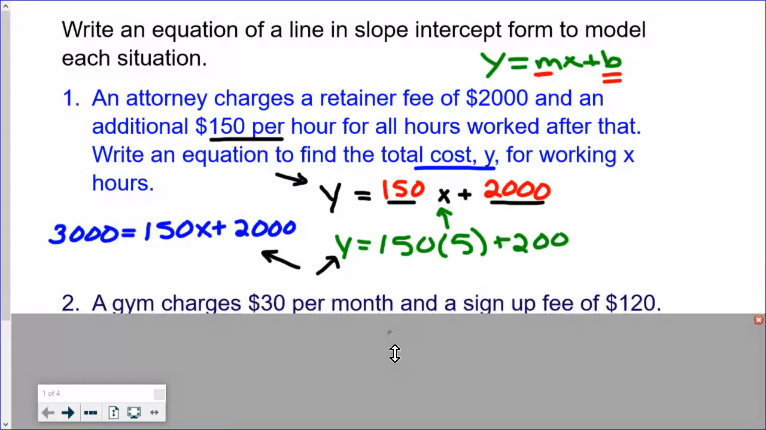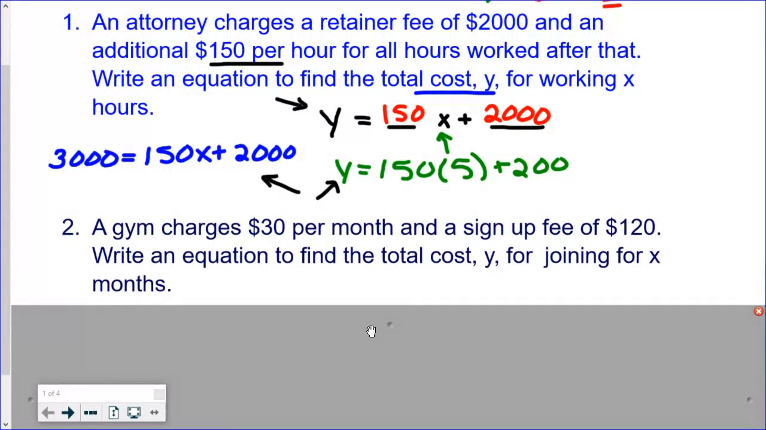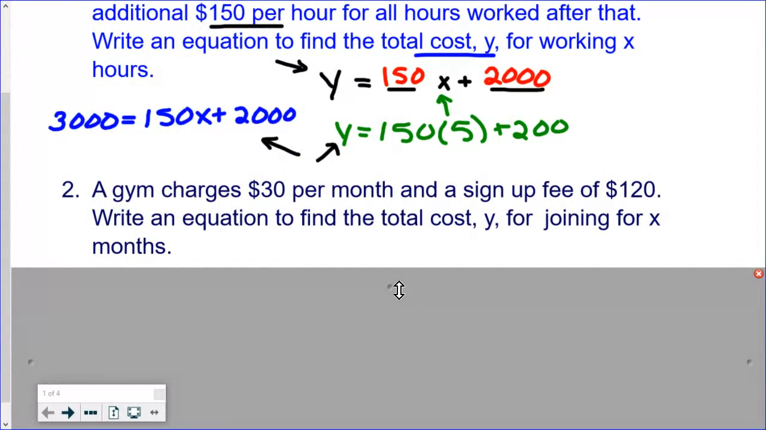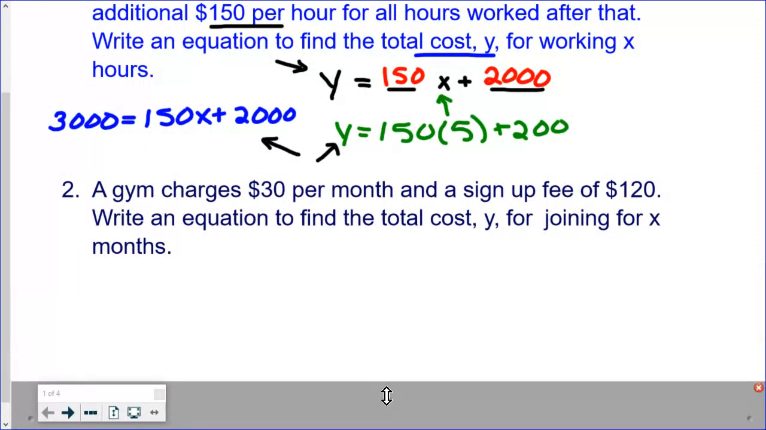Okay? Number 2 here, it says a gym charges $30 per month and a sign-up fee of $120. Write an equation to find the total cost y for joining in x months. Okay, so again, we're going to write the equation. So you have y equals,